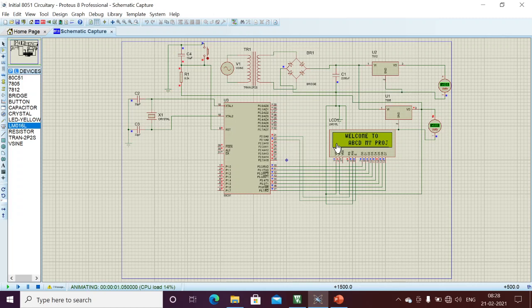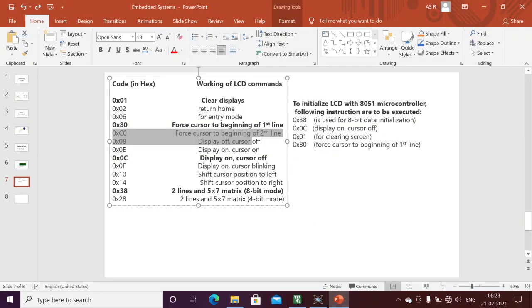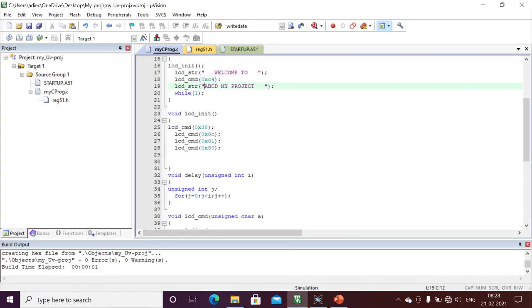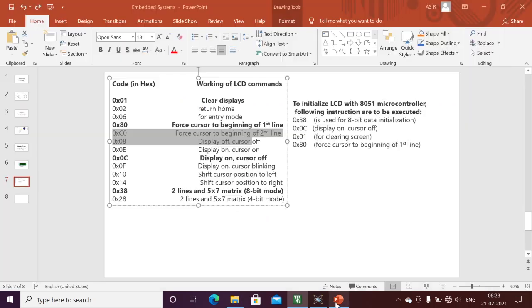See here, I'm going to display from here. Some of the data was missed, due to this address, because we have only 16 locations: 1, 2, 3, 4, 5, 6, 7, 8, 9, 10, 11, 12, 13, 14, 15, 16. In total, we are going to display until here.